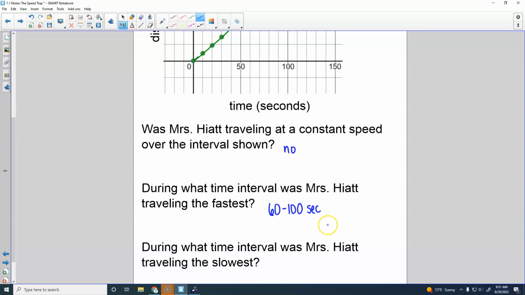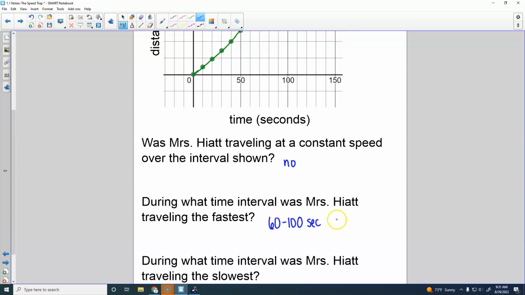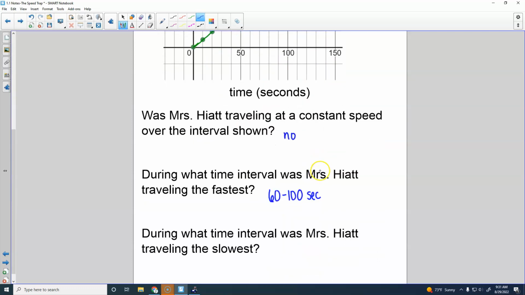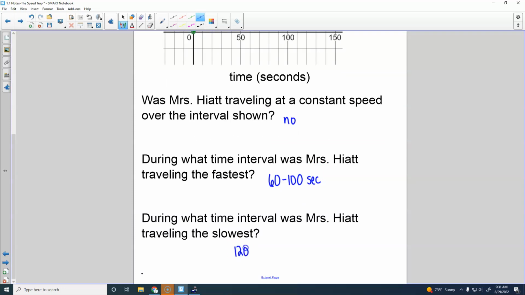Then it says during what time interval was Mrs. Hyatt traveling the slowest? What do you guys think? 120 to 130 definitely looks like it. The second closest would probably be down here, which makes sense because I was taking off here. I was stopping here, so that's whenever you're going to be the slowest. So 120 to 130 seconds. All right, so